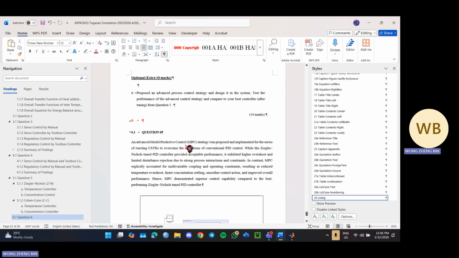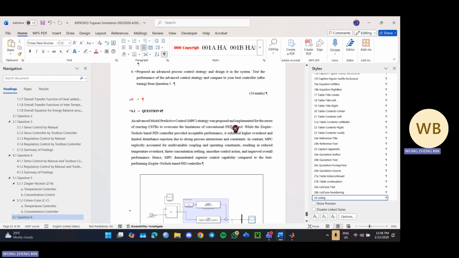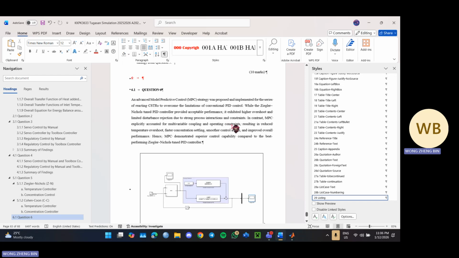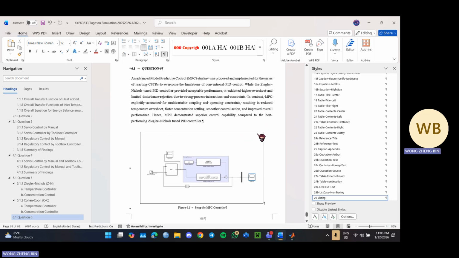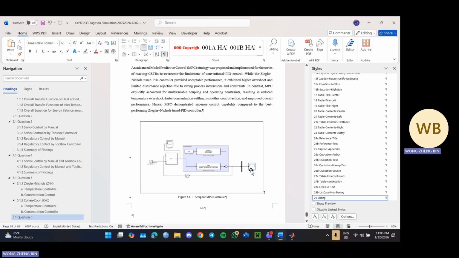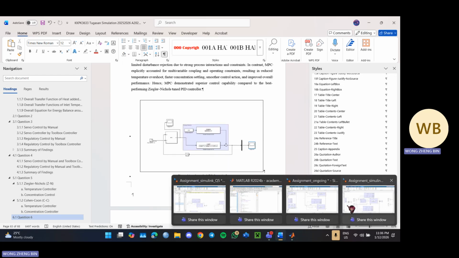So the last question is to propose an advanced process control strategy and design it in the system. So for my part, I propose the model predictive control (MPC) because it can overcome the limitation of conventional PID control. So this MPC explicitly accounts for multivariable coupling and operating constraints, and this can result in reduced temperature overshoot and faster concentration settling. So for the MPC setup,